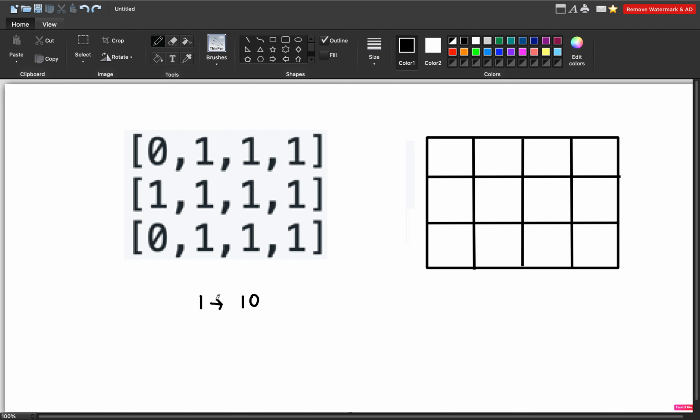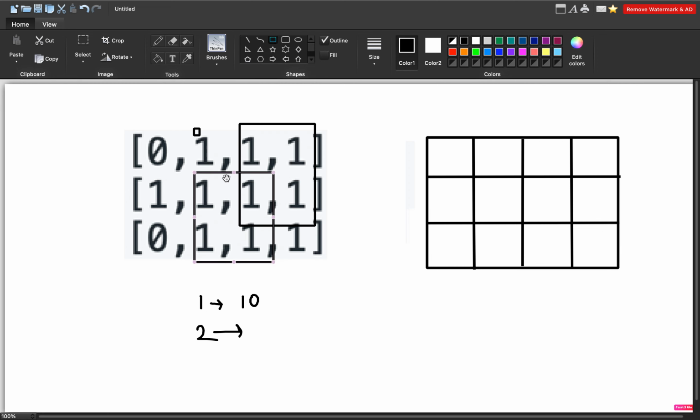If the size is 2, what are all the possibilities? This is possible, right? Similarly this is possible, this is possible, that's 3, and this is also possible, which is 4.